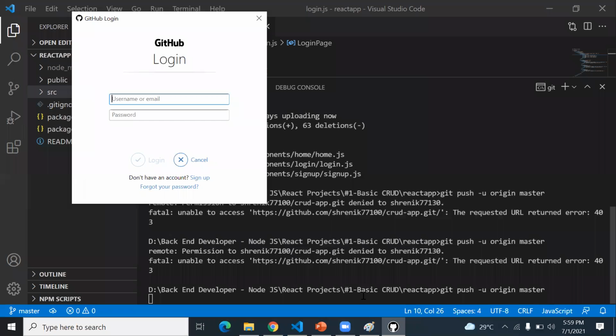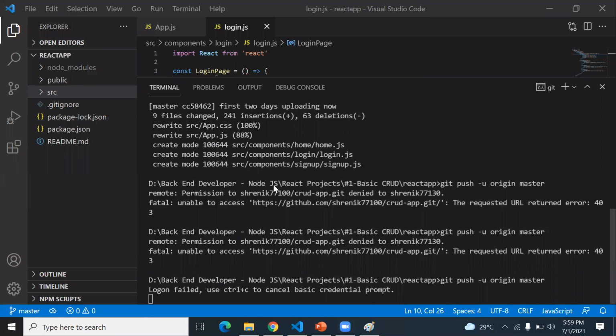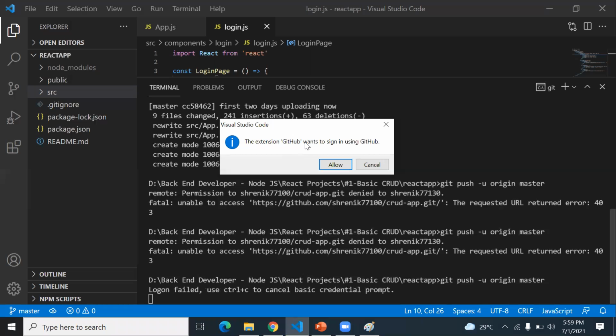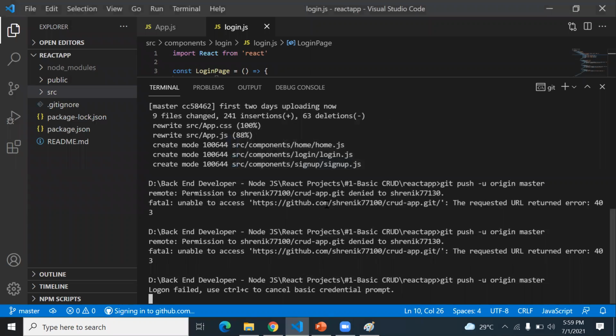Now I changed my account, and see, it is asking me, the first time only, to connect the account by passing the username and password. So here is my username and password. GitHub wants to sign in using GitHub. Allow.